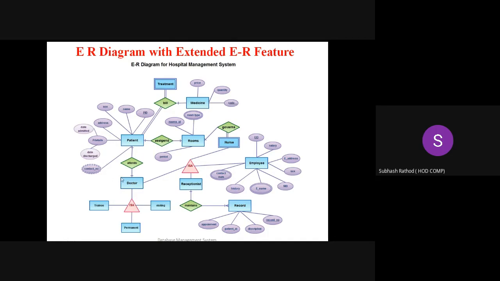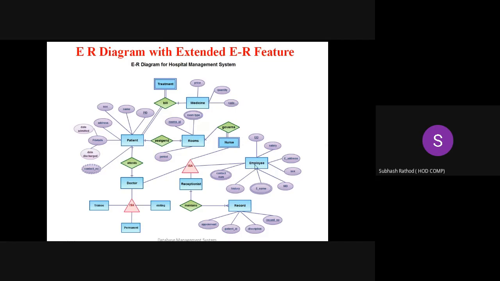If you want to show the aggregate, so doctor is an employee, right? Here is the employee entity. Here is a doctor entity. So some of the employees are doctors, and some of the employees are nurses, right? So what a nurse can do and what a doctor can do. So governs. A nurse governs the room, but a doctor also governs the room. So we can associate, a doctor can attend the room also. So attends and governs, we can associate them by using the aggregate.